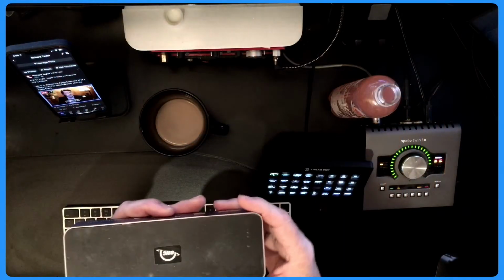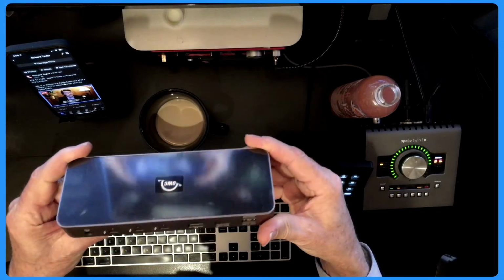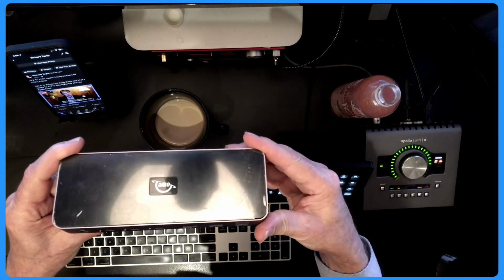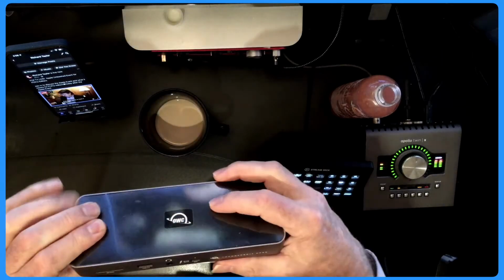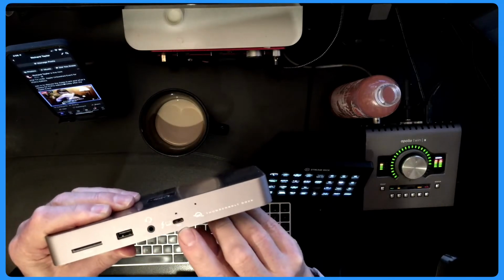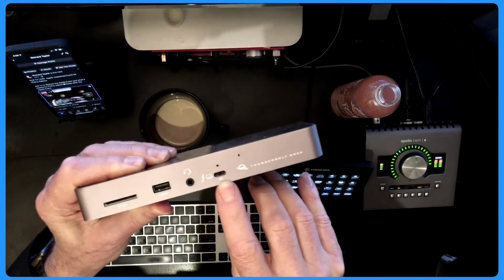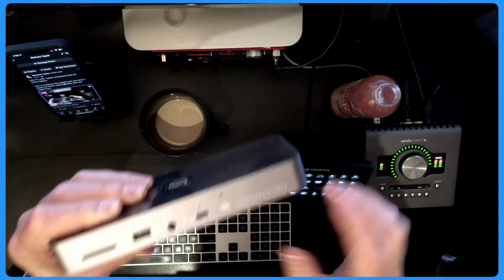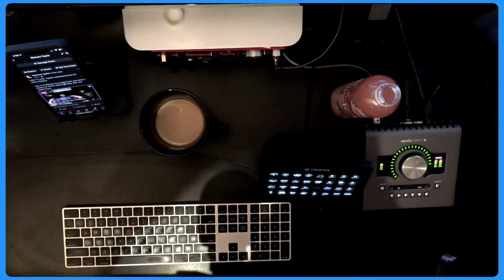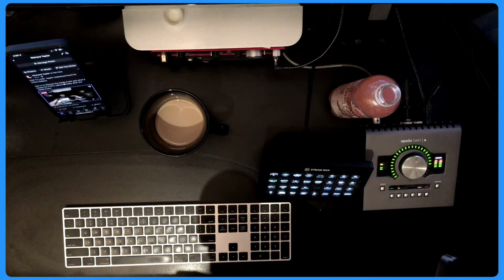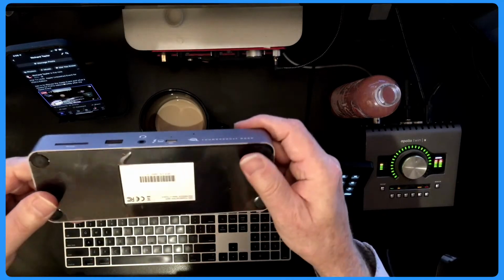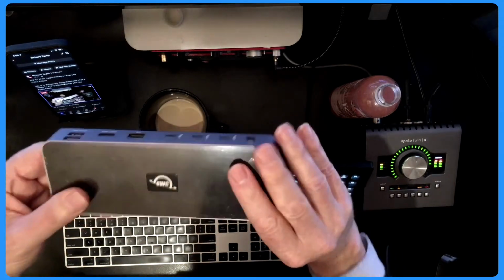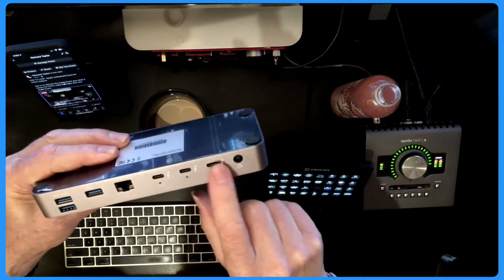So what about this now? What is the charging on this? It says 96 watts on this new OWC charger I just got. So I guess the question I have is, is this going to be able to take over and power other things through these ports?